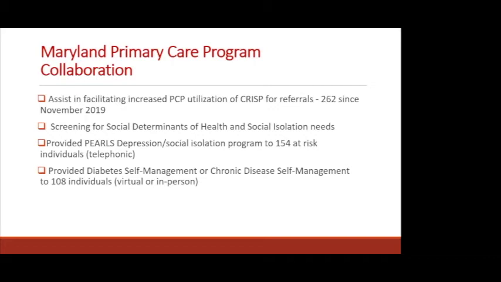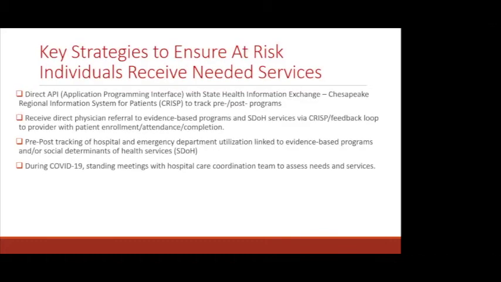We provided PEARLS for depression and social isolation. We also provided diabetes self-management and chronic disease self-management to 108 people, either virtually or in person. Key strategies to ensure at-risk individuals receive needed services: